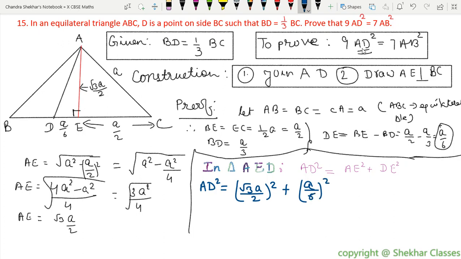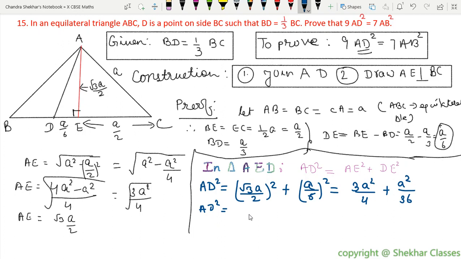Why we did it? Because we need AD in terms of AB, and it will give you terms of A, and A is nothing but AB itself. So furthermore, I can write that is equal to 3A square upon 4 plus A square upon 6 squared, 6 squared is 36. Fine. And if I take the LCM,